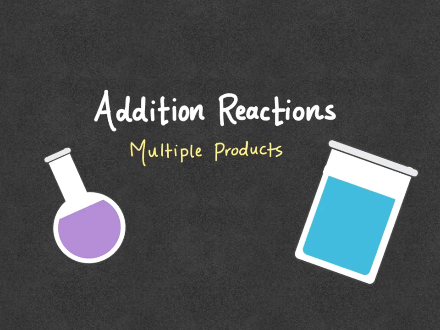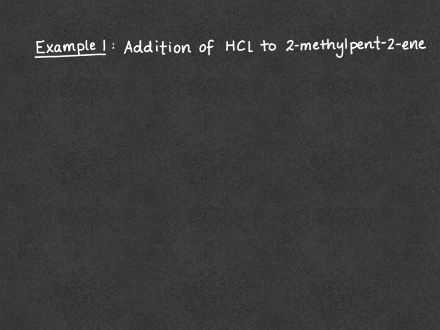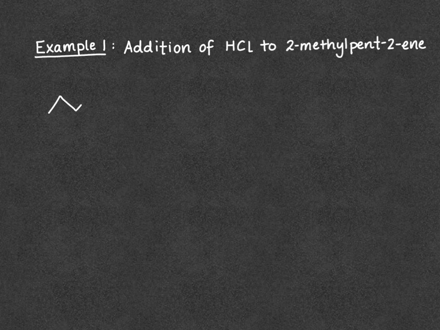In this video, we're going to look at addition reactions in which multiple products can form during the reaction. Our first example is going to be the addition of HCl to 2-methylpent-2-ene. So we're going to start by drawing 2-methylpent-2-ene. So we have a 5-carbon chain with a double bond between carbons 2 and 3 and a methyl group on carbon 2. We're going to add HCl, so I'm just going to do this in a different color, HCl to